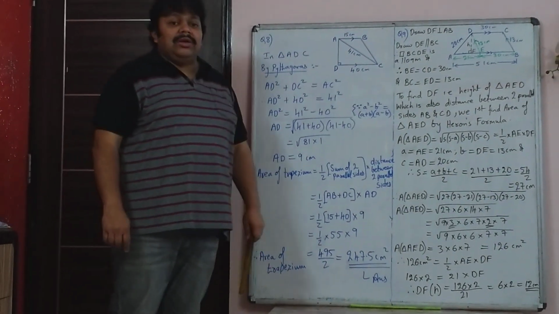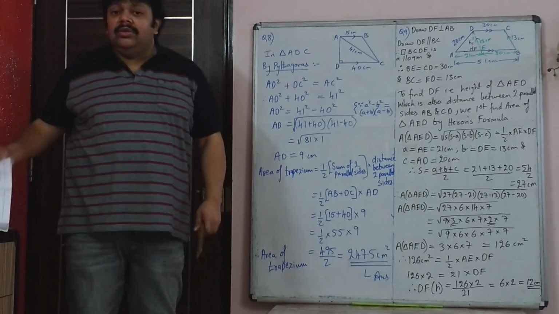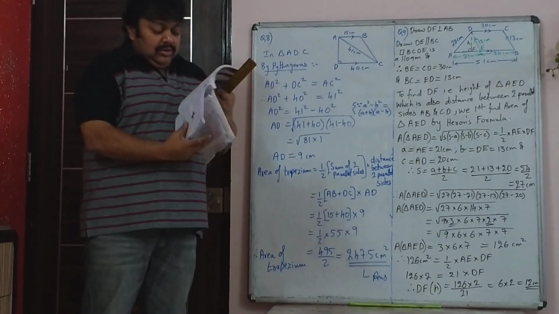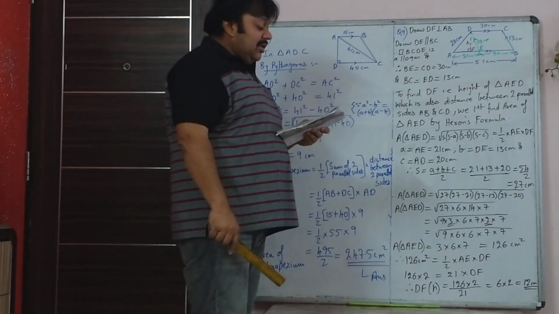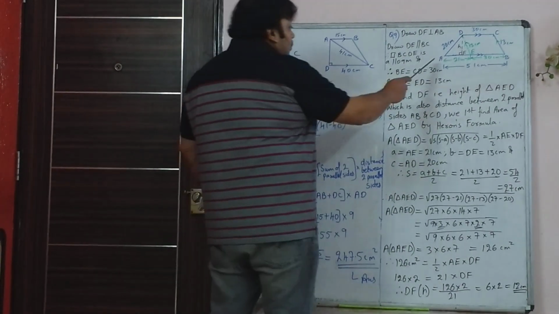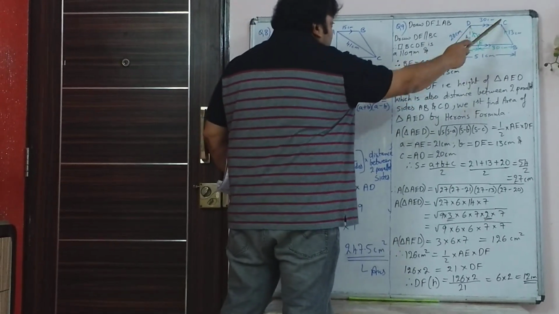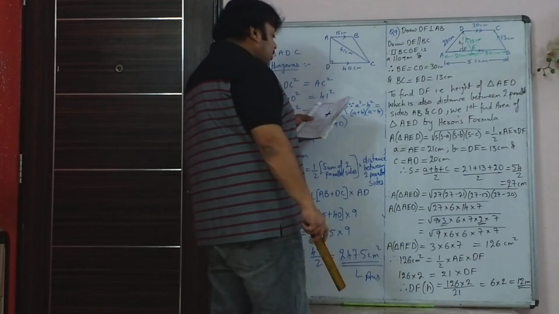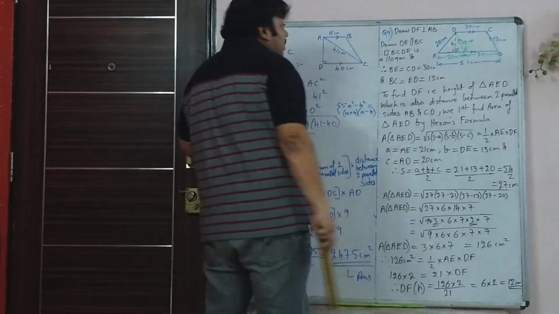Now the next sum is a bit lengthy. They have given you certain things in the trapezium and you need to find out more things to get the answer. So first thing, in question 9, what they have given you is that the parallel sides AB and DC of the trapezium are 51 and 30 centimeters long. So AB and DC are parallel. AB is 51 and DC is 30. And you are also given that AD is 20 and BC is 13.